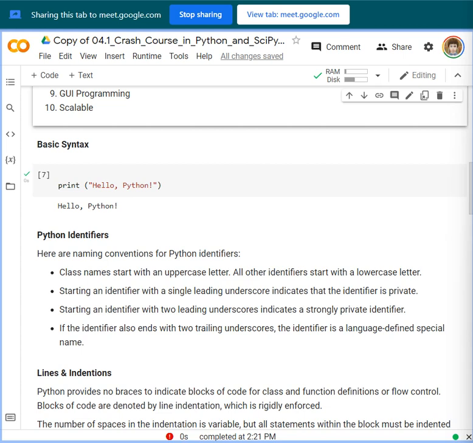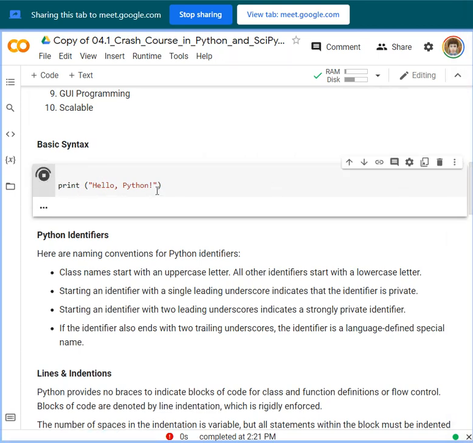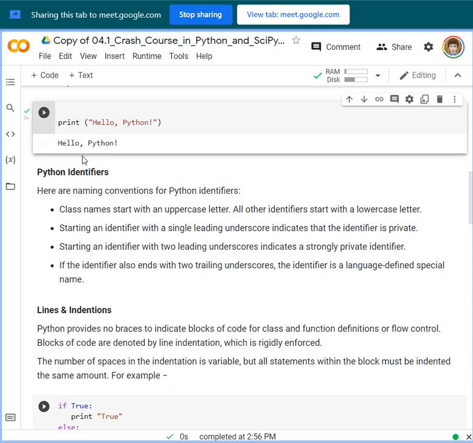We have here a sample code, ready to be executed. If we click this button, this will be the output of this sample hello world code. There is no need for a semicolon.